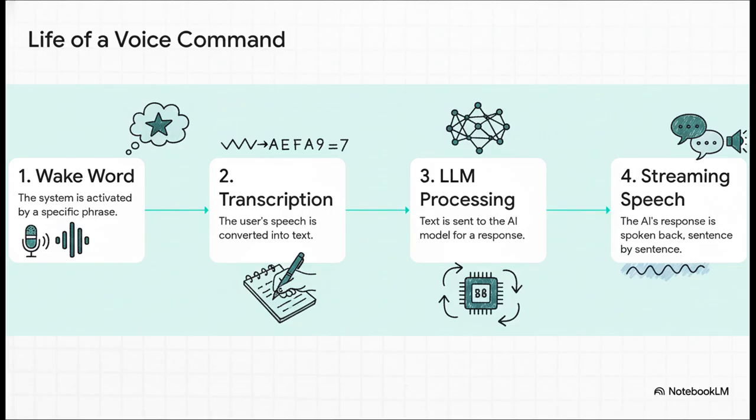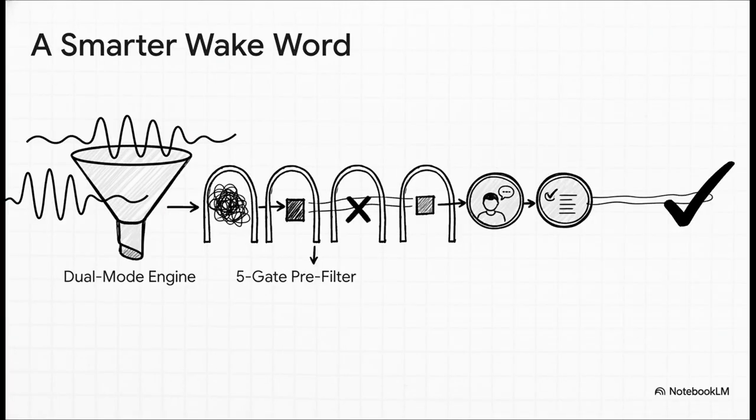So let's look at that very first step. Now, this is not your run-of-the-mill, "Hey Siri." This thing is a beast. It's got this dual-mode engine using neural nets and template matching. But the real magic, it's these gates. Before the AI even bothers to analyze the sound, a 5-gate pre-filter just throws out all the junk noise, clicks, rumbles, whatever. And after it thinks it hears the wake word, it can run even more checks, like, is that